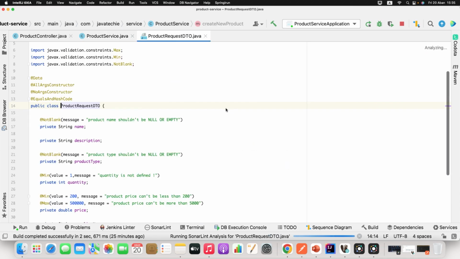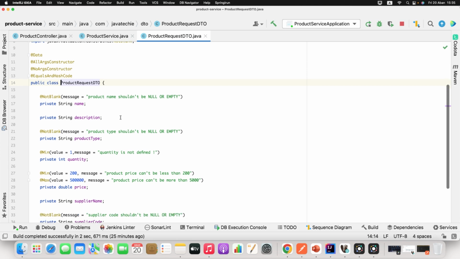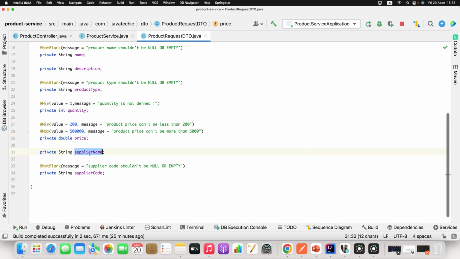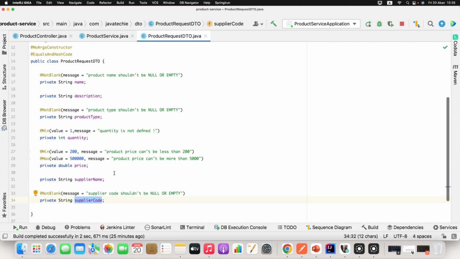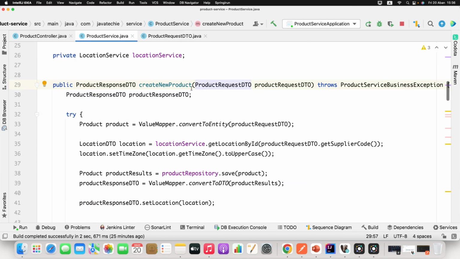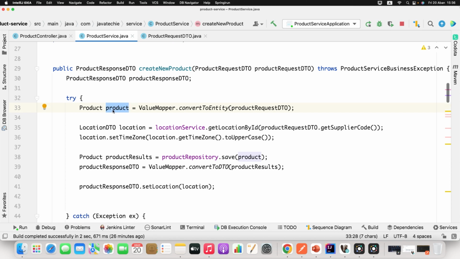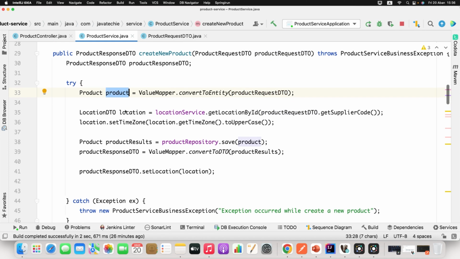As part of the request detail, we have the fields called name, description, product type, quantity, price, supplier name and supplier code. These are the fields we have in our DTO. Now in the create new product method, we are taking this DTO and converting it to the entity because we want to save the entity to the DB. That is the reason I am using the value mapper, a static method I have defined here. It takes the DTO input and converts it to the entity object,